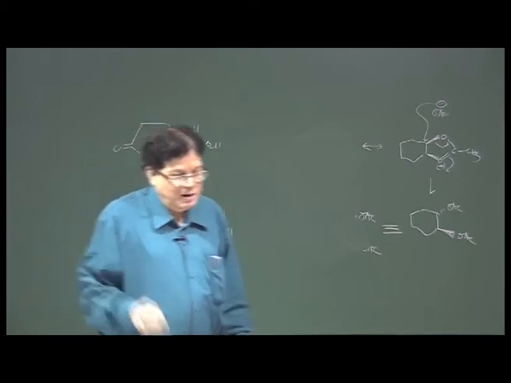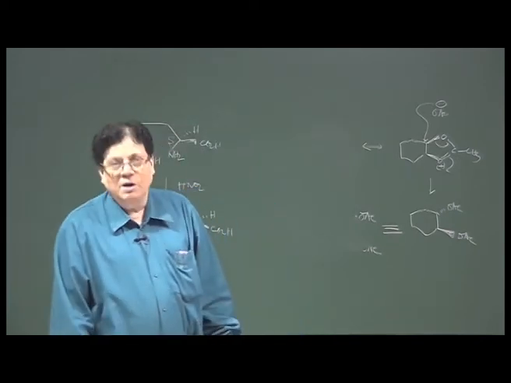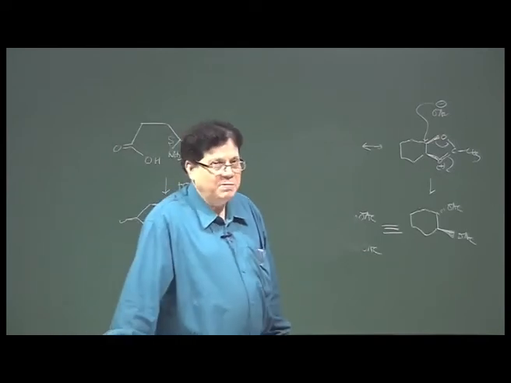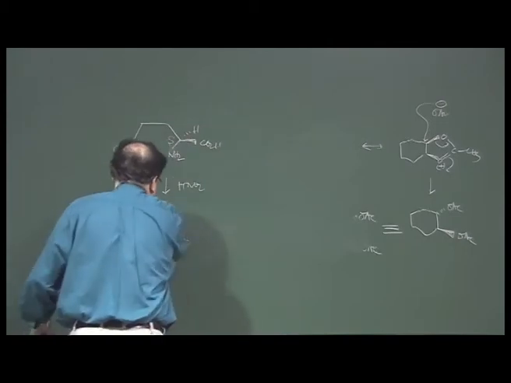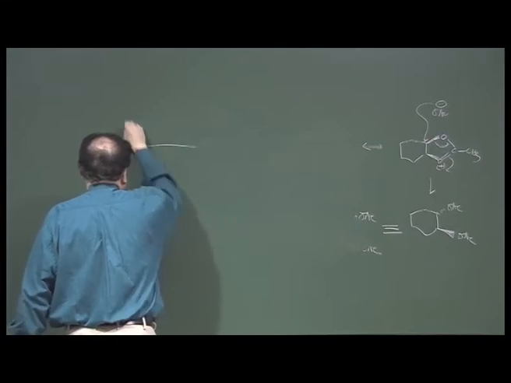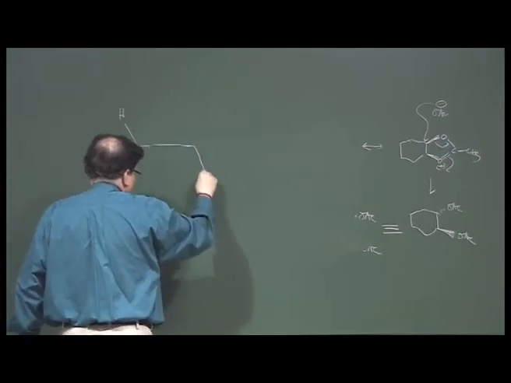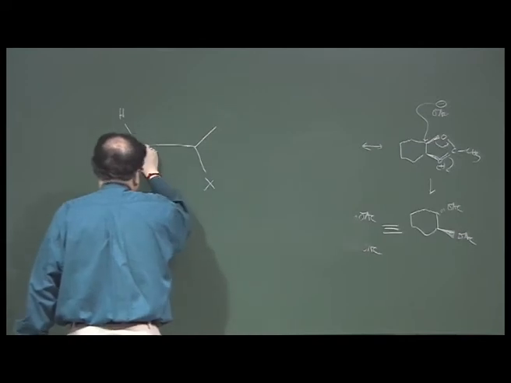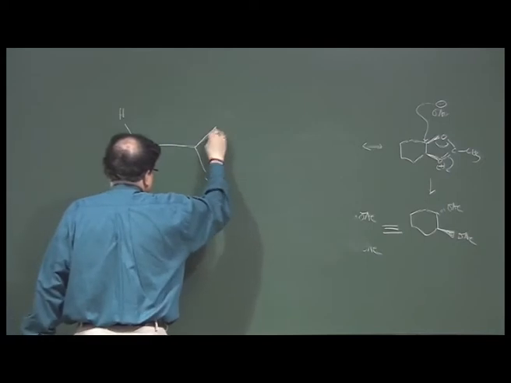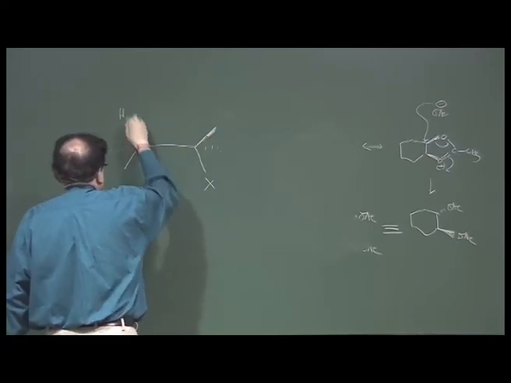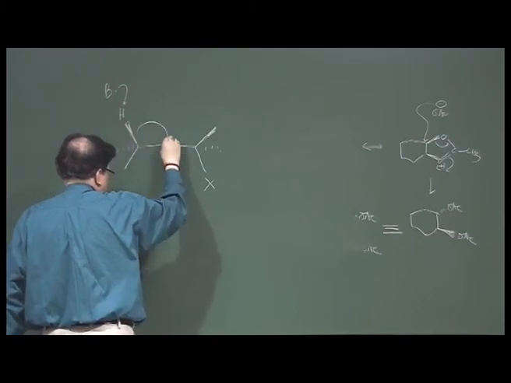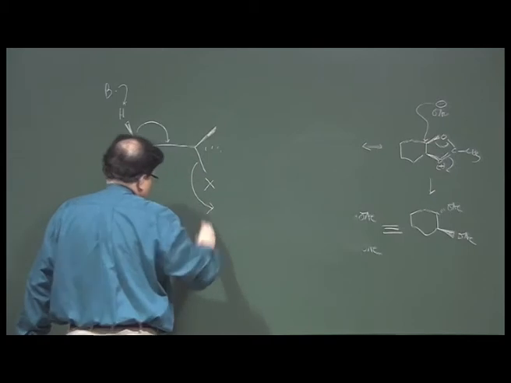Okay. Now, let us come to the stereoelectronic requirement for E2 elimination. Okay. Now, in E2 elimination, what happens? E2 elimination is, say, an elimination involving dehydrohalogenation. So, you have a system like this. In E2 elimination the base takes the hydrogen. If it is dehydrohalogenation, then this is the mechanism.